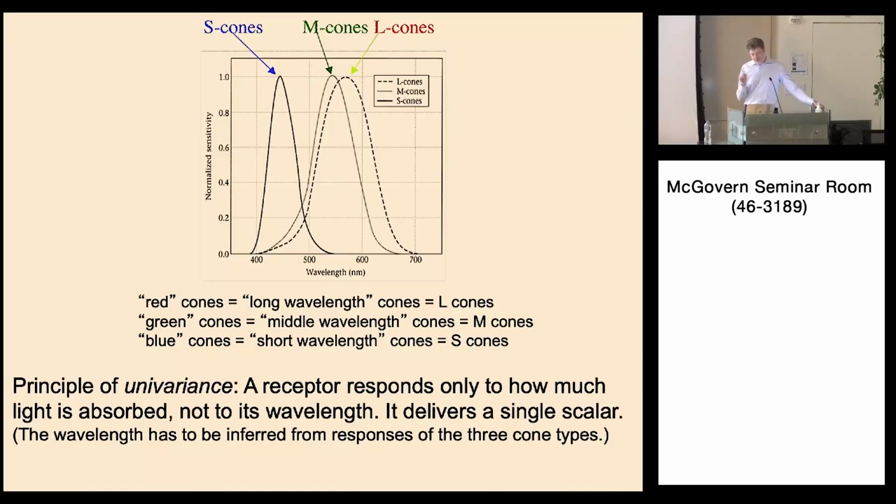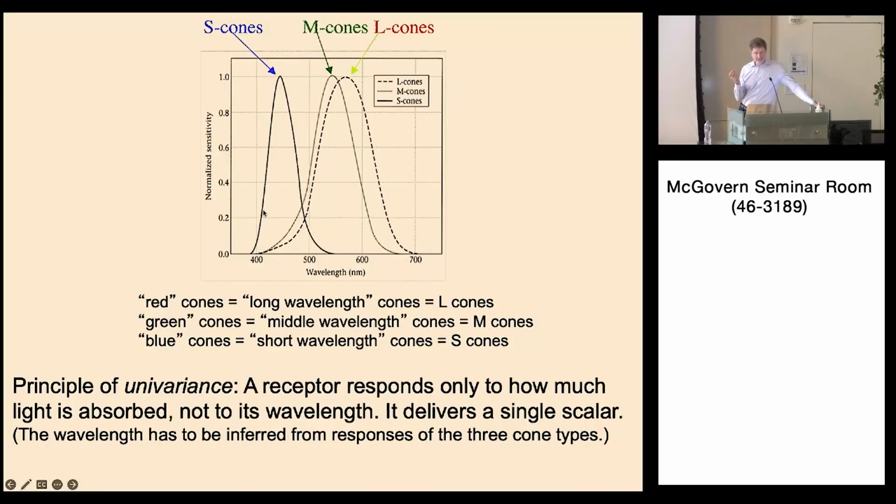And the effect of the wavelength on the photoreceptor is just to vary the probability of absorption, which varies the magnitude of the response. And the consequence of that is that you can trade off between wavelength and intensity. So in other words, I can take a low intensity light that is at 450 nanometers and present that to the S cone and get an identical response than if I have a 425 nanometer light that is at a